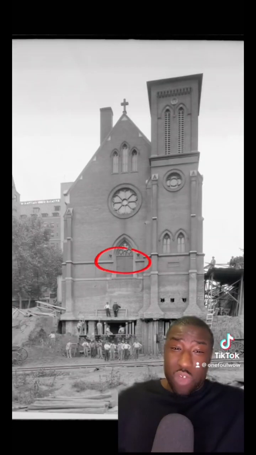This is what a typical mud flood building would look like today. Notice those windows peeking through the ground? If you keep digging, you will find the rest of the window. Notice the original front door. Oh my days. This has always been one of my favorites. Look where the front door is. Now look where the front door is after they've dug it up.